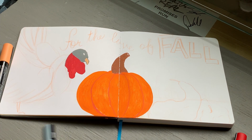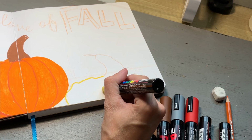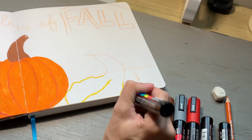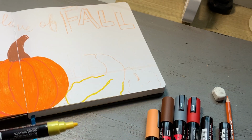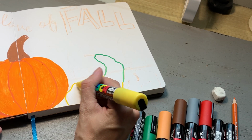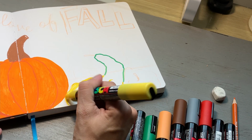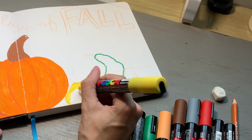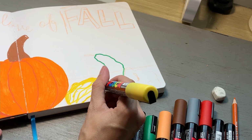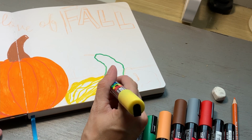Moving on, as far as the rest of the illustration is concerned, I definitely applied this approach throughout. As I got further and further into the illustration, such as with this gourd, I got a little bit more ambitious with my coloring and decided to try to not mix colors necessarily, but apply them in such a way that they looked mixed, or like the colors were more realistic, I guess, than with the pumpkin per se. And so with the gourd, I started with the lighter color first,